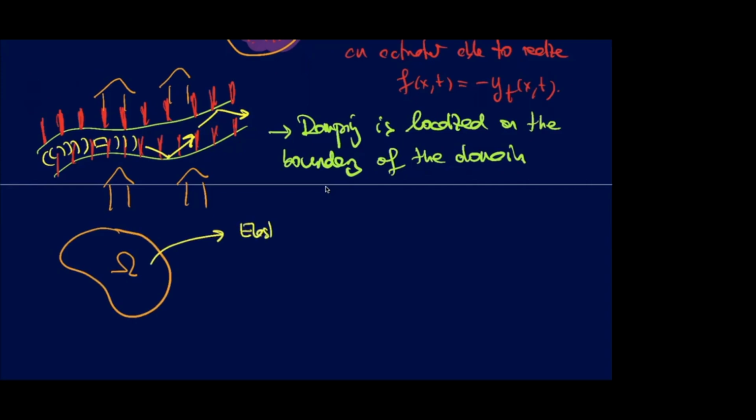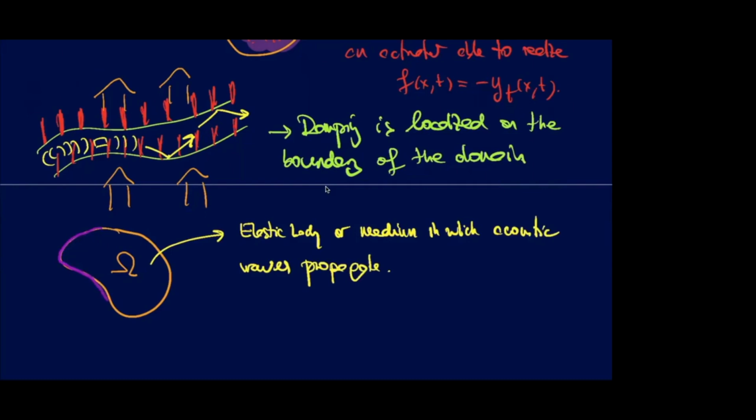So elastic body or medium in which acoustic waves propagate, it's very natural to consider the situation in which the damping is only localized here on the boundary of the domain, right? So here we will be considering the case where the damping is localized